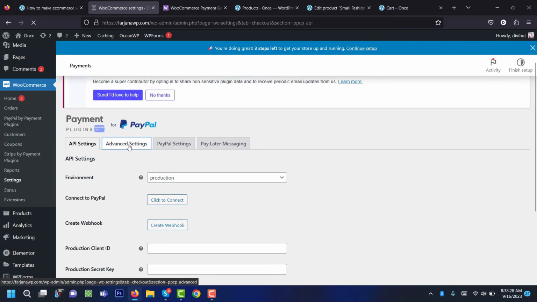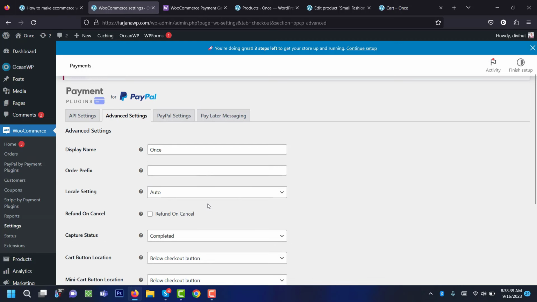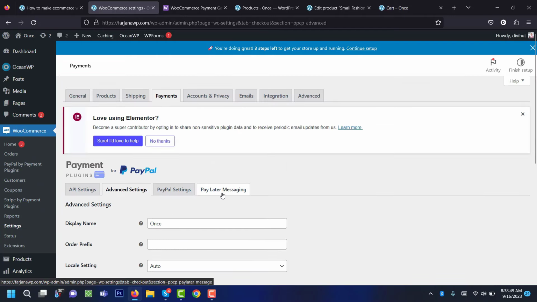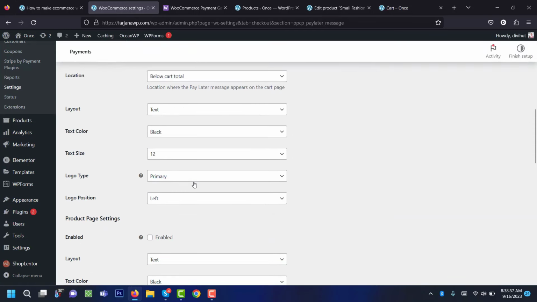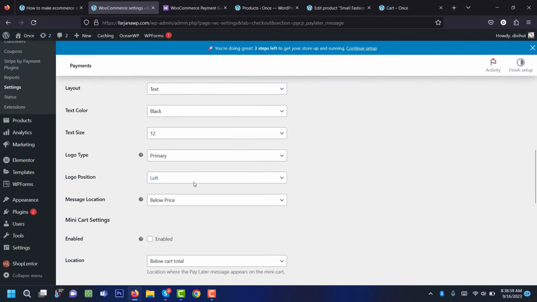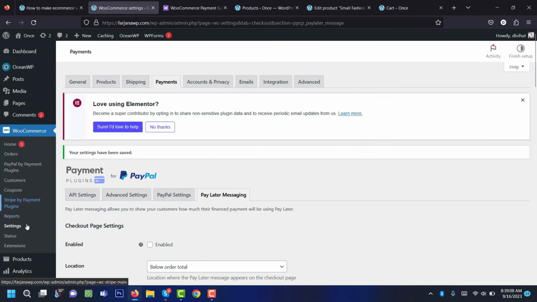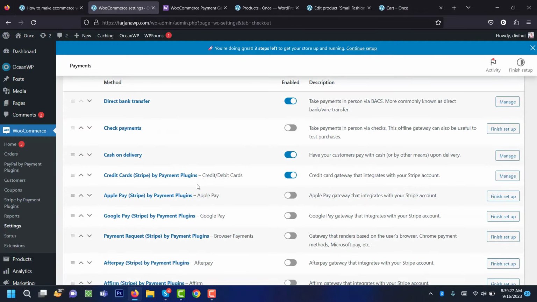Also, here are some advanced settings. So here you can also set some basic settings like where we will place the PayPal button on different pages, and also here is the pay later message. So if you enable the pay later options, here you can set different messages and options for that. Finally, going to save changes, and again going to settings, payments, and here we will find different options by using